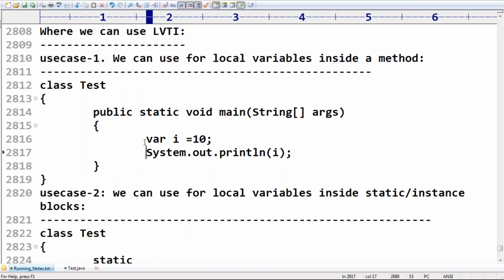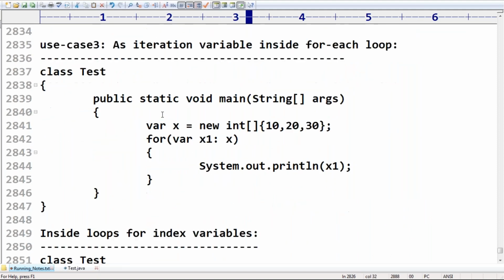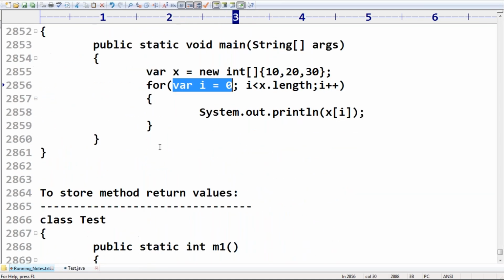Just for local variables: the variables declared inside a static block, instance block, or constructor are local variables only. Next, inside a for-each loop, you can use var for the iteration variable. In a normal for loop, you can use it for the index variable.